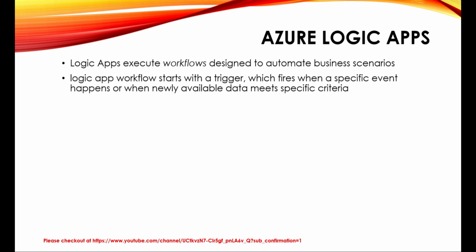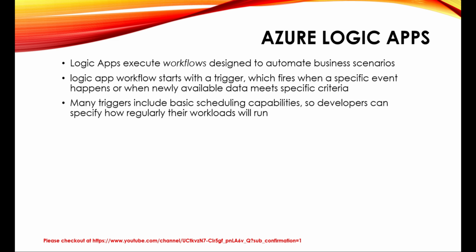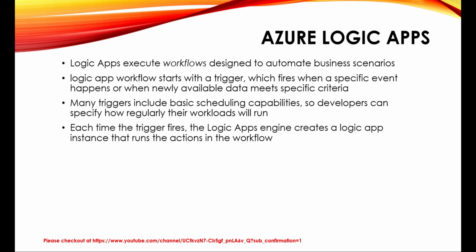Every logic app workflow starts with a trigger, which fires when a specific event happens or when newly available data meets specific criteria. Many triggers include basic scheduling capabilities, so developers can specify how regularly their workload will run. Each time the trigger fires, the logic apps engine creates a logic app instance that runs the actions in the workflow. These actions can also include data conversions and flow controls such as conditional statements, switch statements,